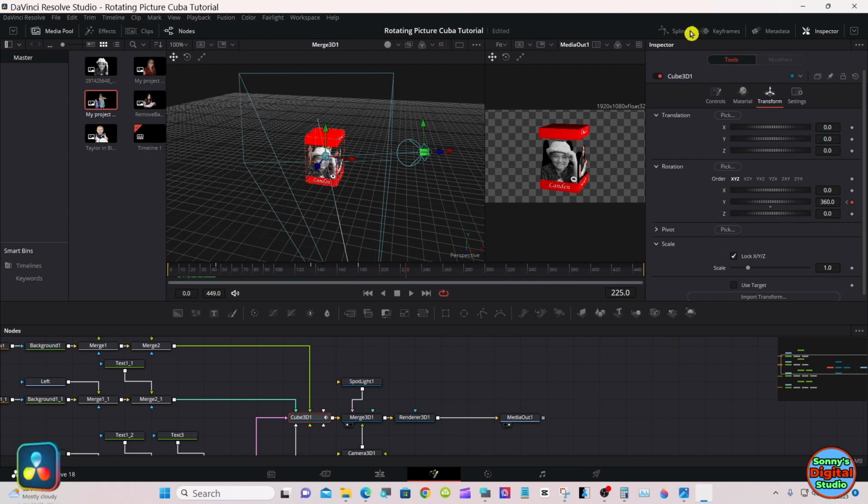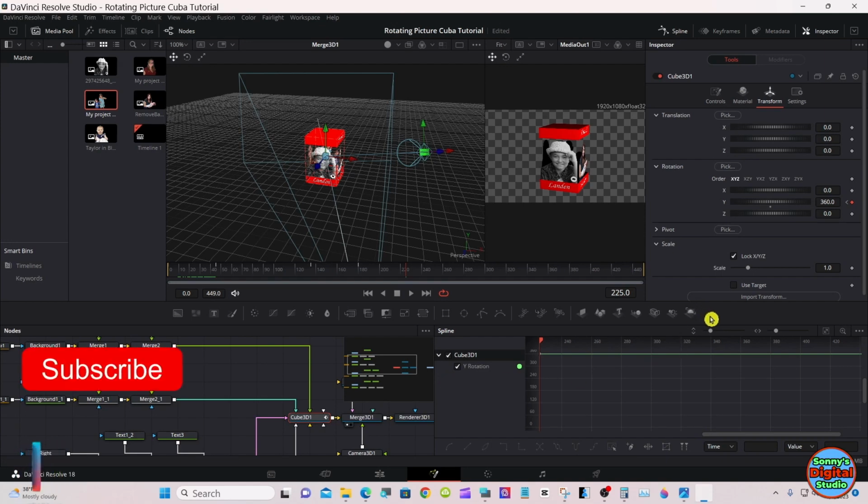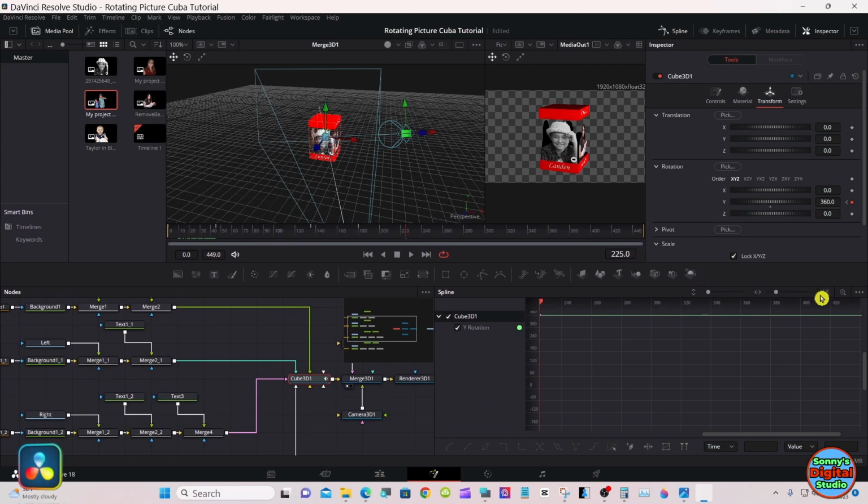Go up to the top right, open a spline. Check the cube, make sure the Y rotation is selected as well. Go over here to zoom to fit.